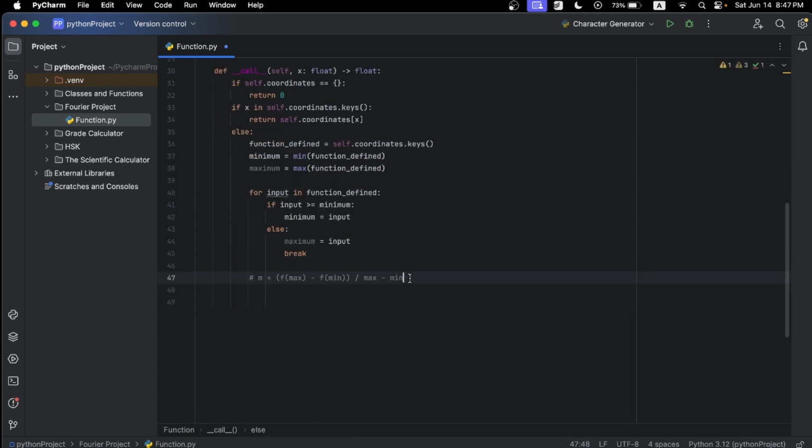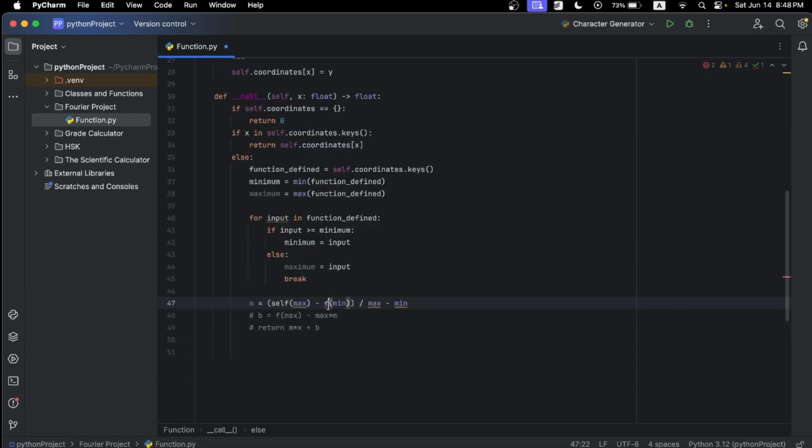Yeah, that's fine. Okay, let's see. So I have our slope, y is equal to mx plus b. I have to solve for b as well, and then I can plug it in. There's gotta be an easier way, is there? Probably not, actually. Okay. And then b is equal to